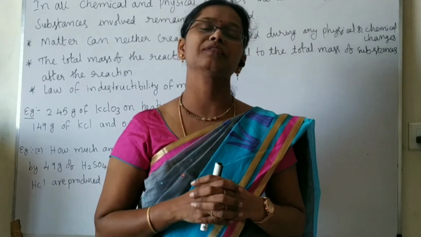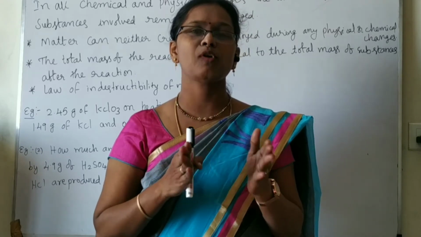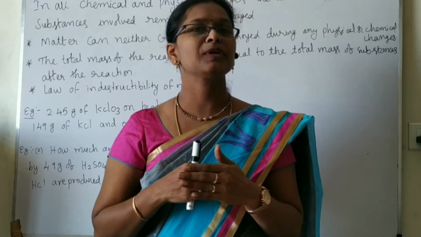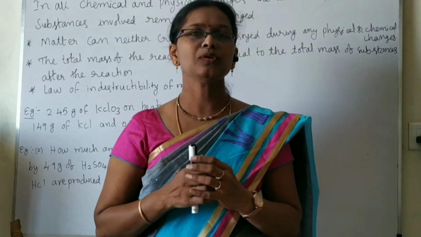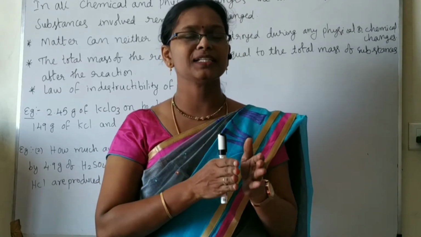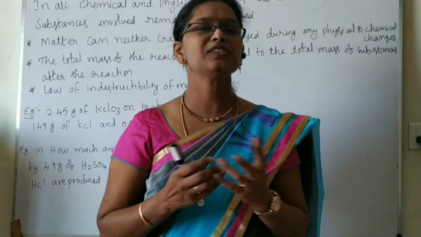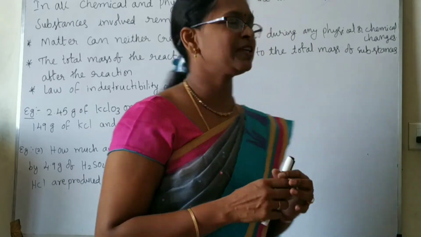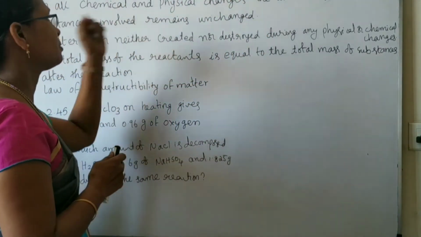observing, like cooking of rice. What is happening? We are giving some amount of water, then the rice is becoming soft, right? So the chemical reaction is happening. So before using the reactants or after the formation of products, there is no change of that. Okay. So for example, first we will go to the example, then we will come to the law of chemical